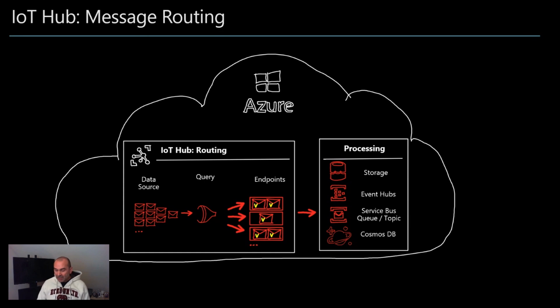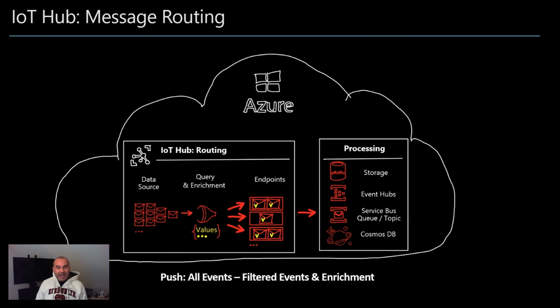So you have a querying functionality here, and on top of the querying functionality, you can also enrich incoming messages. Whoa, what does enrich mean and how could you use it? Again, think about a scenario, maybe a multi-tenant scenario, where a message comes in and you just have the device ID, for example, of this message, more or less the ID from where the message was sent.